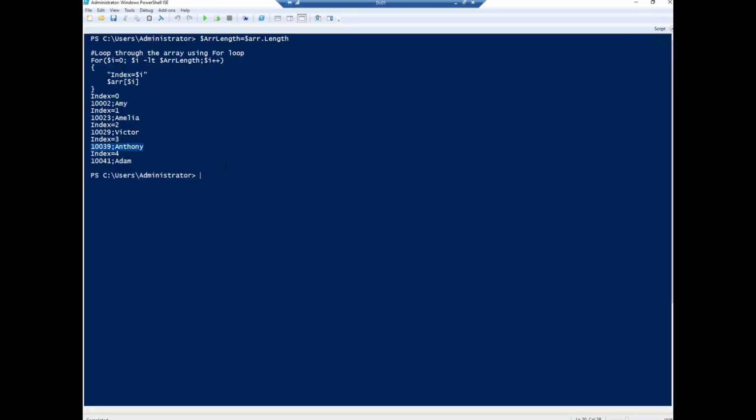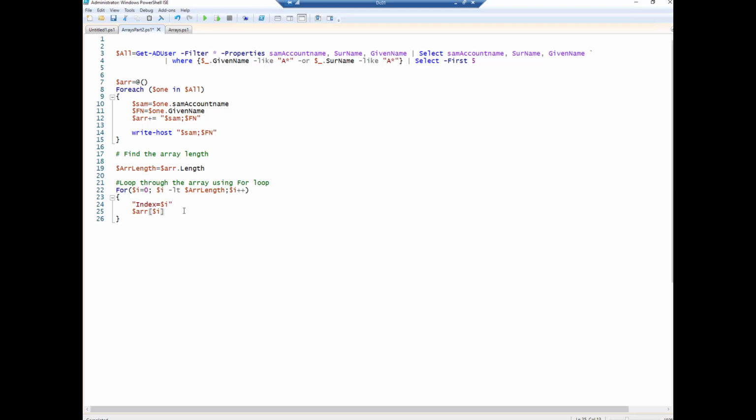At a certain point you want to split this. In between there is a semicolon, and you want to split this. Let us see how we can do this. Declare a variable $temp equal to $ARR, and then $i, and split, and then a semicolon,